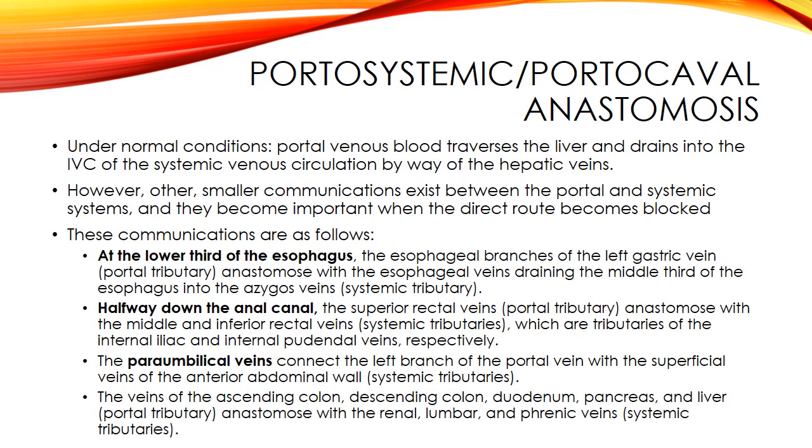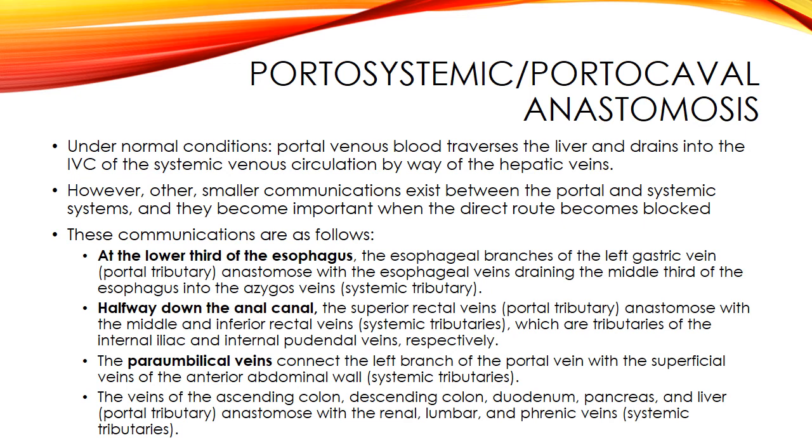The portal system, as we have said, through the liver sinusoids, is in communication with the systemic venous circulation. These sinusoids ultimately drain into the hepatic veins, which are communicating with the inferior vena cava. So the blood from the portal vein is going to traverse the liver and then enter into the IVC. The point is that the blood coming from the intestine is going to get filtered by the liver, and then it is going to enter into the systemic circulation to return to the heart. This is the major route through which the portal system communicates with the inferior vena cava.